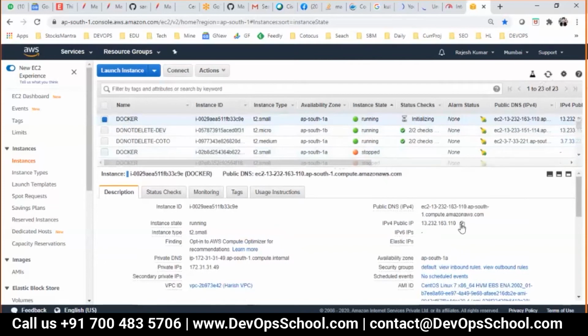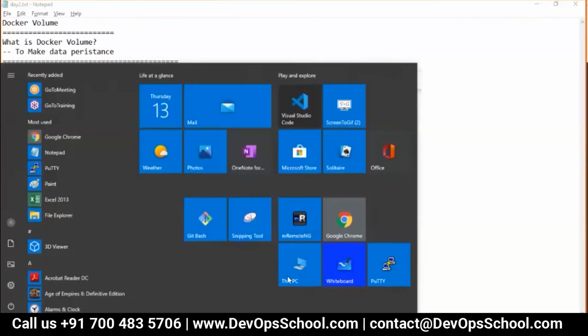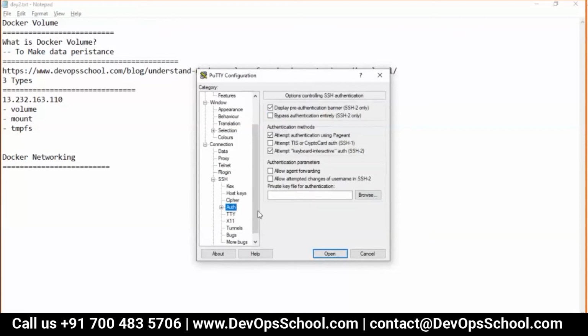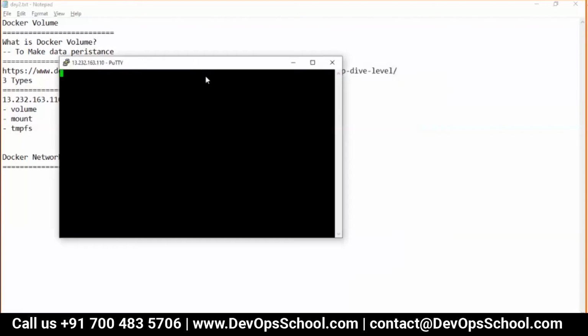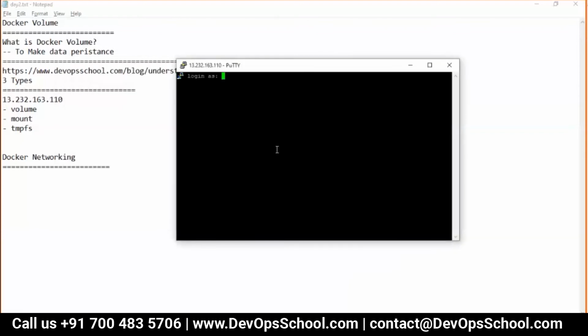This is the IP address which I'm using for the demo. So let me log into this using PuTTY, with the ppk key. Yes, CentOS. I'll become root.